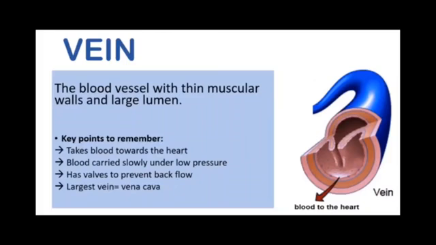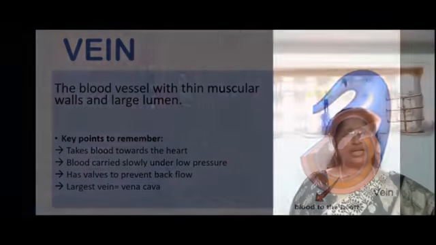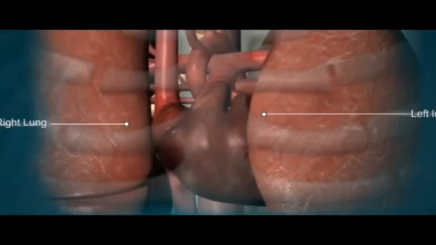Blood capillaries. Blood capillaries are very thin, microscopic blood vessels made of a single layer of cells. They help to connect your arteries and veins, in addition to facilitating the exchange of certain elements between your blood and tissues. The heart is located in the chest cavity between the lungs.